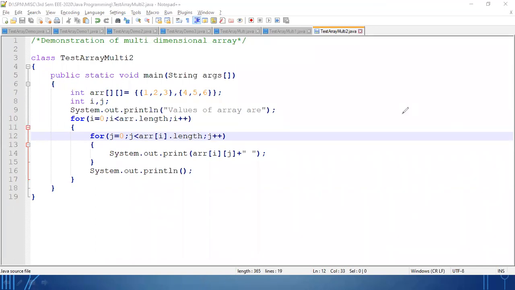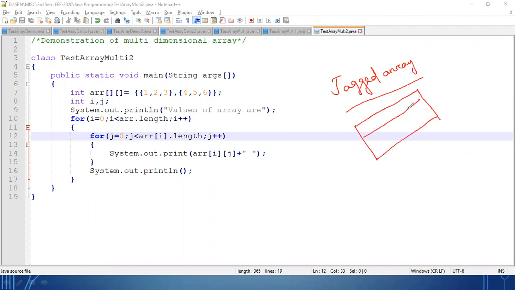What is the meaning of jagged array? Now in a jagged array, it's not fixed. Till now, whatever we have dealt with, we have fixed the total number of columns for every row. Suppose there are 3 rows in my multidimensional array.